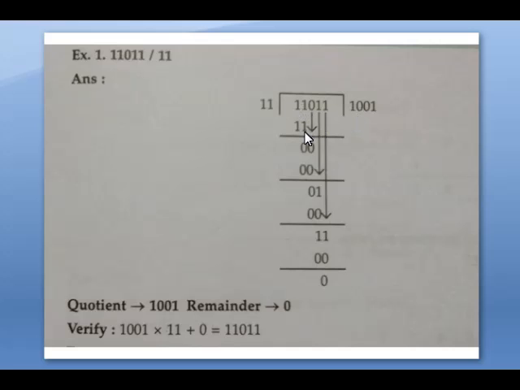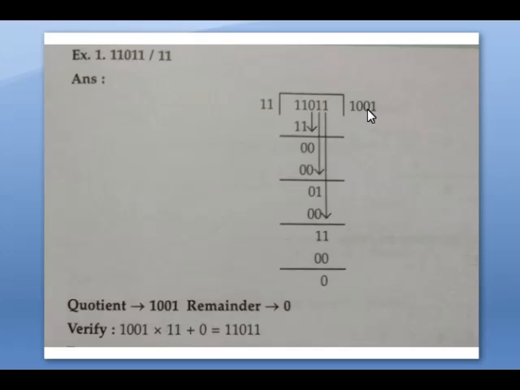Okay, then we are taking the next number 0. When we take the next number 0, here 1 minus 1 is 0. We are not able to match with it, so we are going to take the 1 again, so put another 0 here. Okay, we took the number 0 here, it is not going, then we are taking another number 1 again, so we have to put the 0 here.